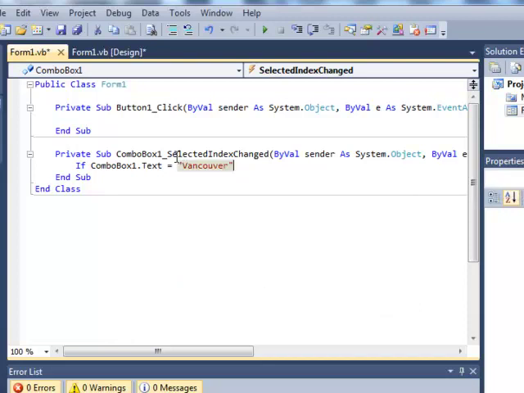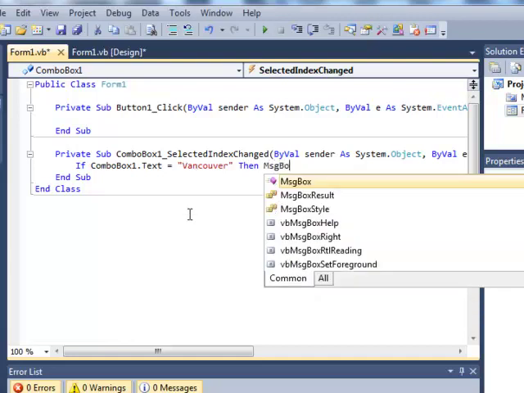So if you made a spelling mistake in the first item, you have to go and correct that and make sure it's all spelled exactly, not with the quotations. So don't add quotations in your list item. You have to add them when you actually add the code. So there has to be quotations around this right now when you're coding. So if it equals Vancouver, then